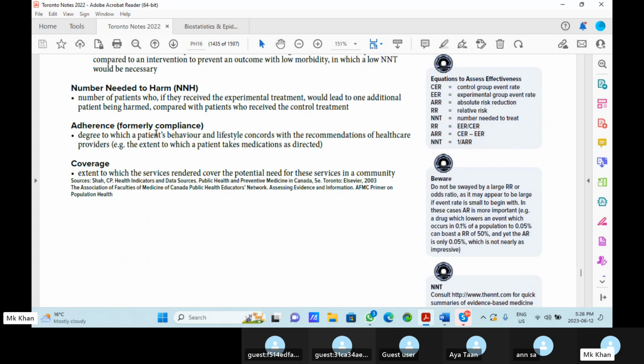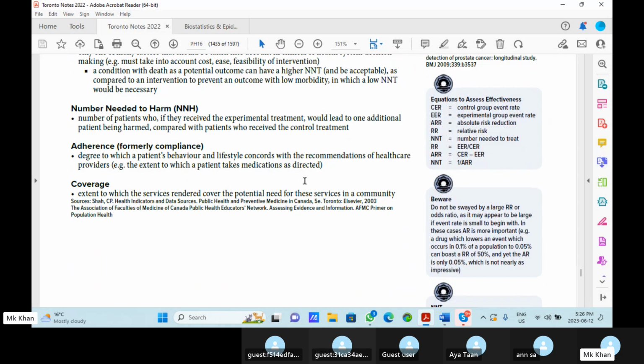So adherence, formerly compliance, is the degree to which a patient's behavior and lifestyle concords with recommendations of healthcare providers, the extent to which a patient takes medication. Anyways, this is